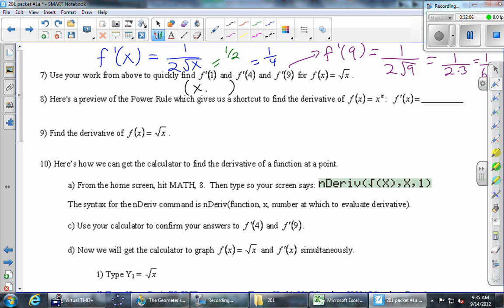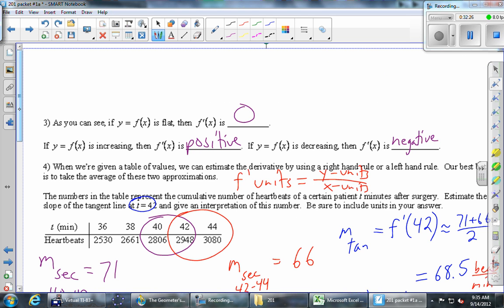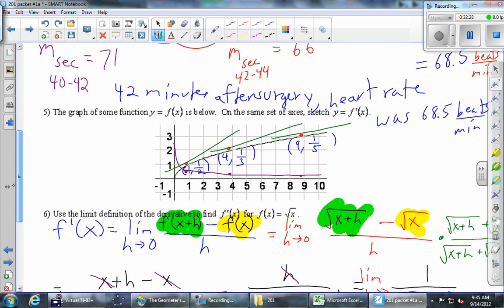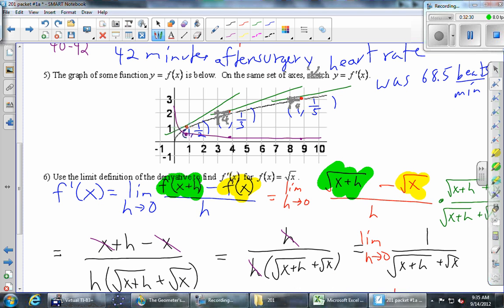Remember I had said we're plotting x and we're plotting the slope when we're trying to graph the derivative. So what was x for this first one? 1. What was the slope of the tangent line? It's the half. That's what the derivative is. So we should have plotted the point 1 comma 1/2. Now, we probably didn't plot exactly that point, but something close to it maybe. Some of us didn't pick 1, but hey, that's money right there.